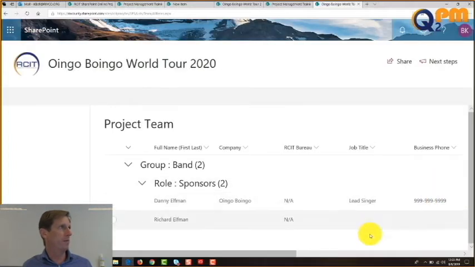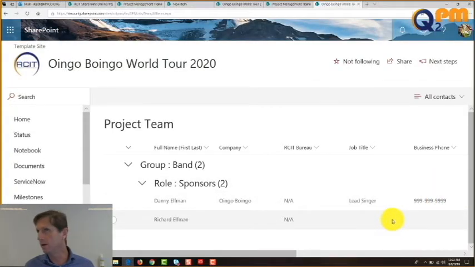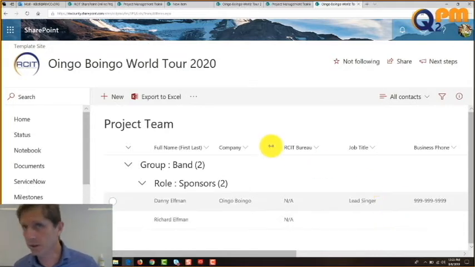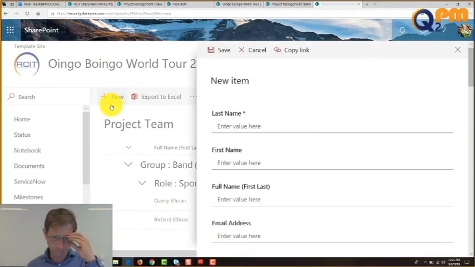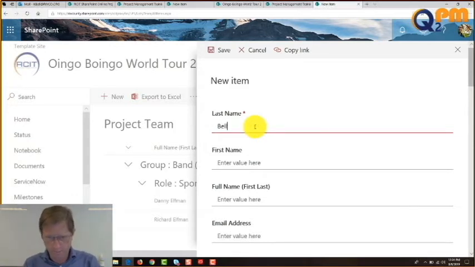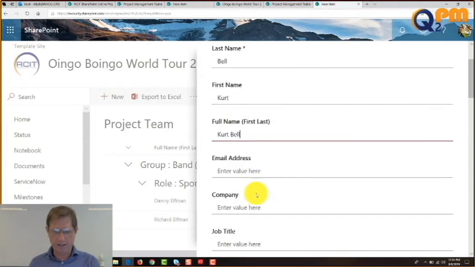There we go, a little better, but it's missing all the information, right? All right, let's add one more person. Because this goes on the internet, I don't want to incriminate anybody else with your name out there. I'm going to add myself, okay? Bell. I get enough spam mail anyway. Okay, Kurt Bell, and their address